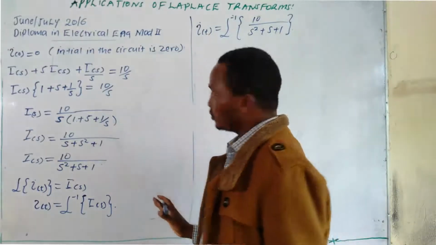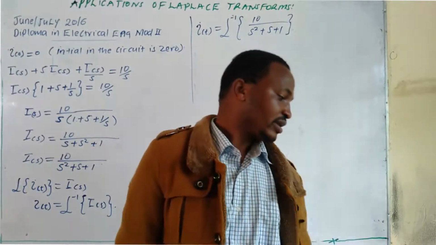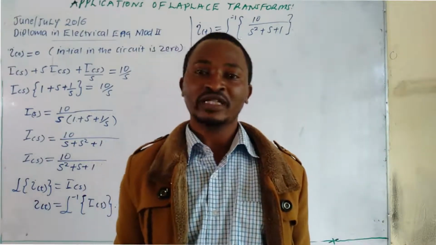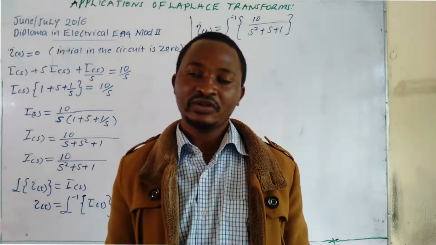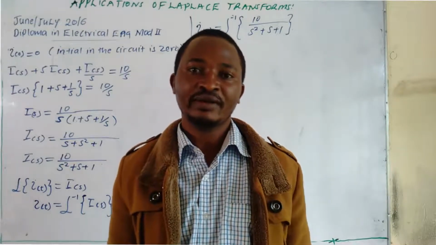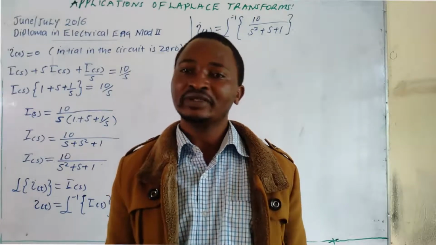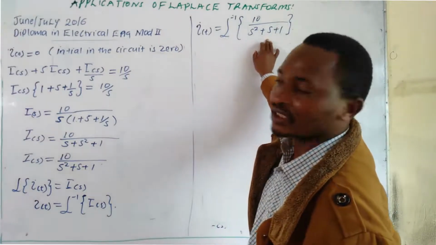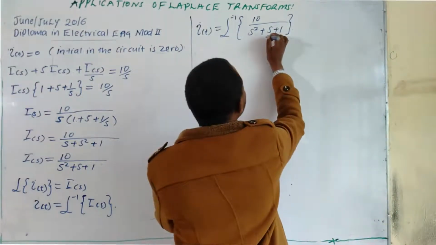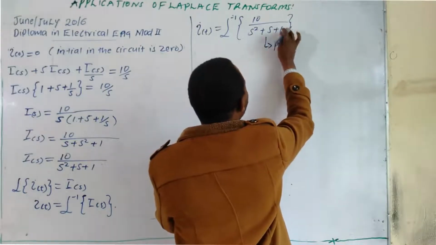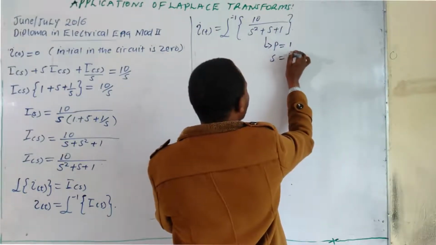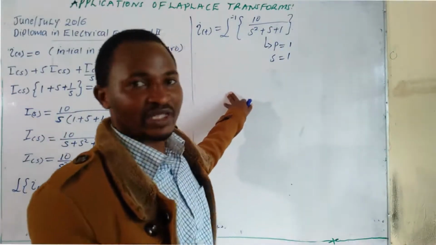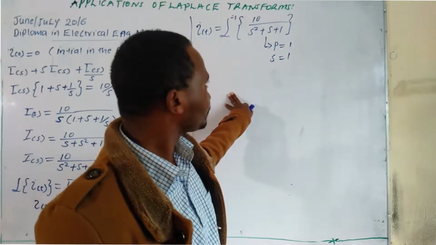The first thing you need to do is check whether it is possible to factor the denominator, so that you can decide whether you are going to use partial fractions or any other method. Any question that you encounter, the first thing you should do is check whether it is possible to factor the denominator. Here the product is 1 times 1, which is 1, and the sum is 1. Here the coefficient of s is 1.